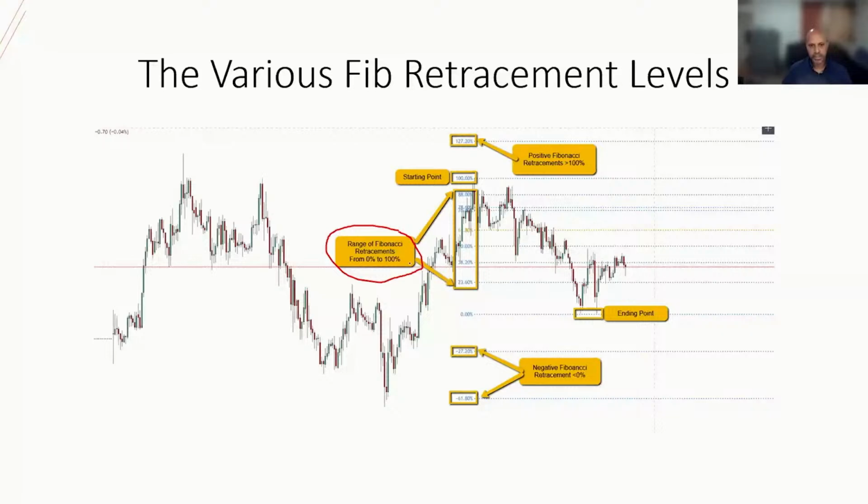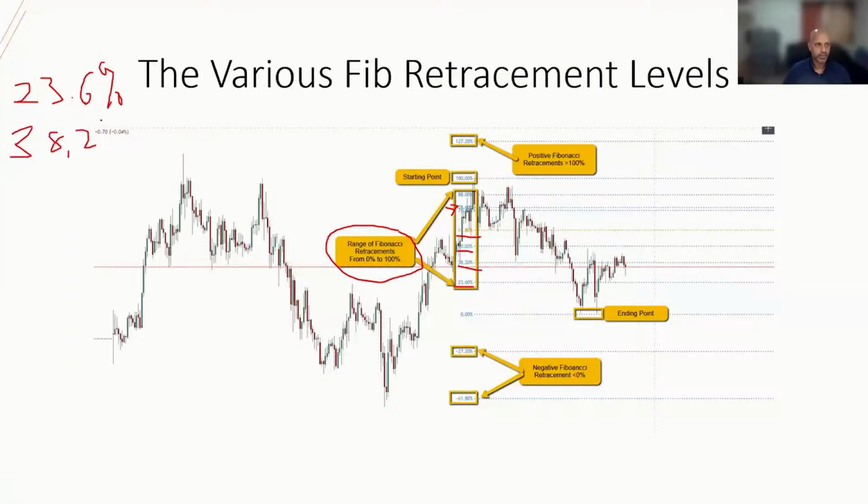The key retracement levels are at 23%, 38.2%, 50%, the golden ratio of 61.8%, and 78.6%. So there are 1, 2, 3, 4, 5 key retracement levels. When we talk about the Fibonacci retracement levels, we're talking about the 5 key retracement levels running from 0 to 100, and they are 23%, 23.6% to be precise,